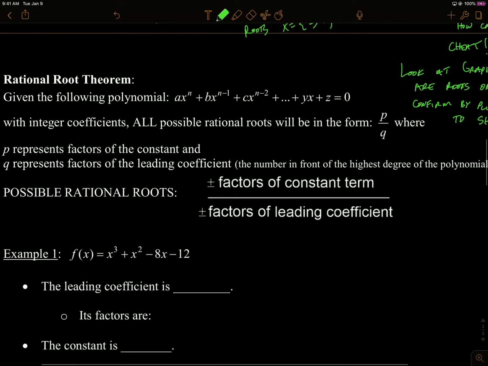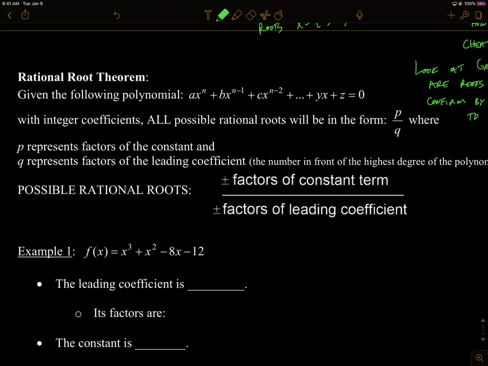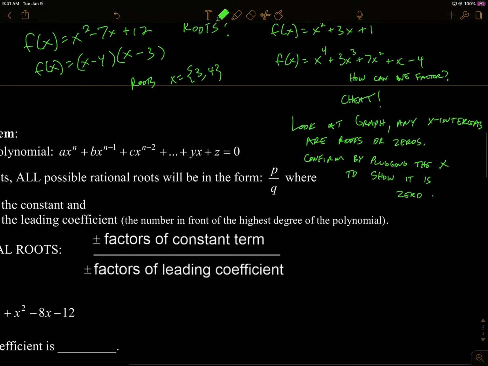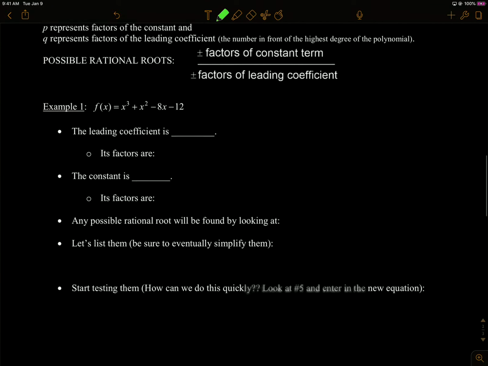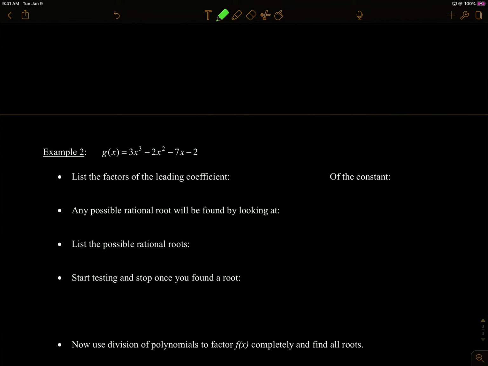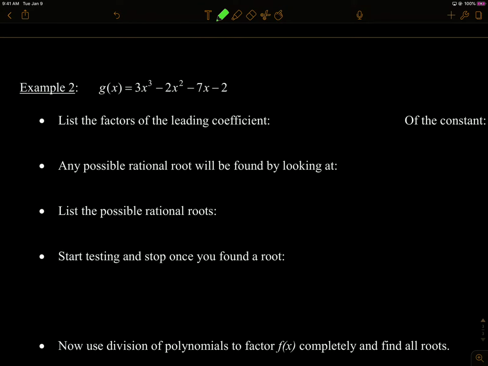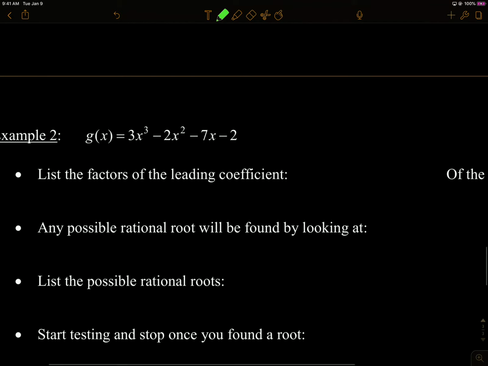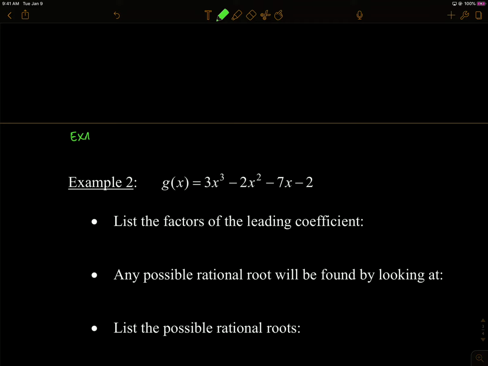All right, so this rational root theorem is something else that we're going to look at in a minute. But first, we want to look at just this idea here. Okay, so I want to go down to an example, and we're going to use this example to do something different than what it's asking us to do. Let's say I want to find the zeros or the roots of this thing. So I'm just going to do a little thing up here. Example 1. We already did an example 1, so I'll call it 1B. Okay, find the roots of